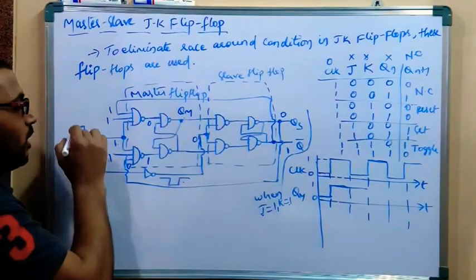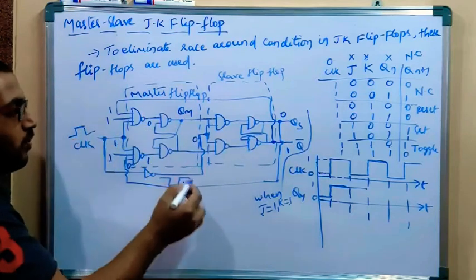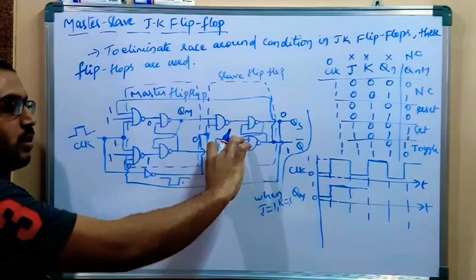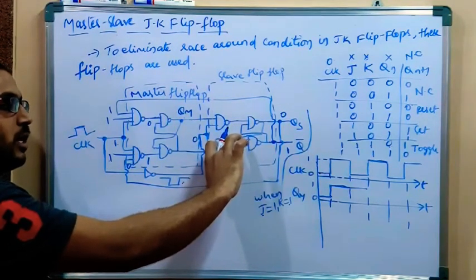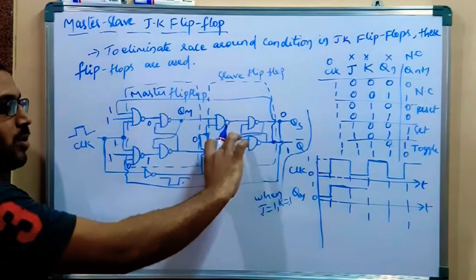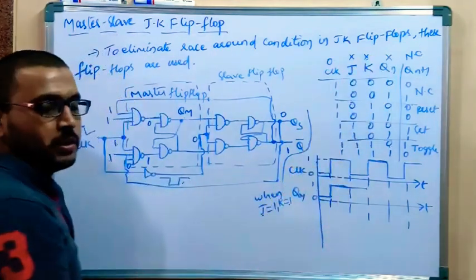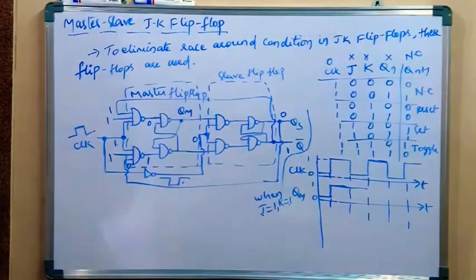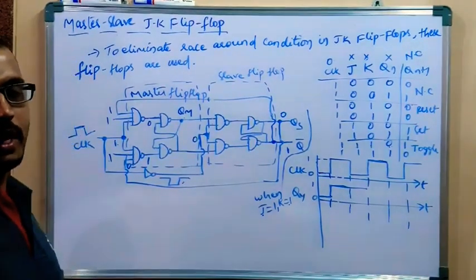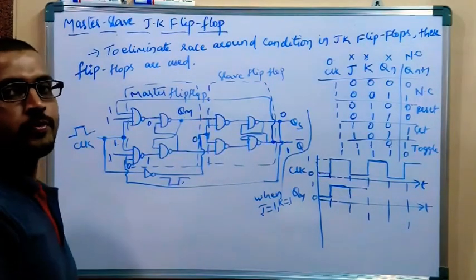When the clock pulse is 1 for master, right, the complement of this will become 0. When the clock pulse is 0 for this, that means the clock pulse is absent for slave flip-flop. When clock pulse is not present, whatever may be the inputs you apply and whatever may be the past output, the next state is unchanged. The next state is obtained as past output, right? That is no change state, right?